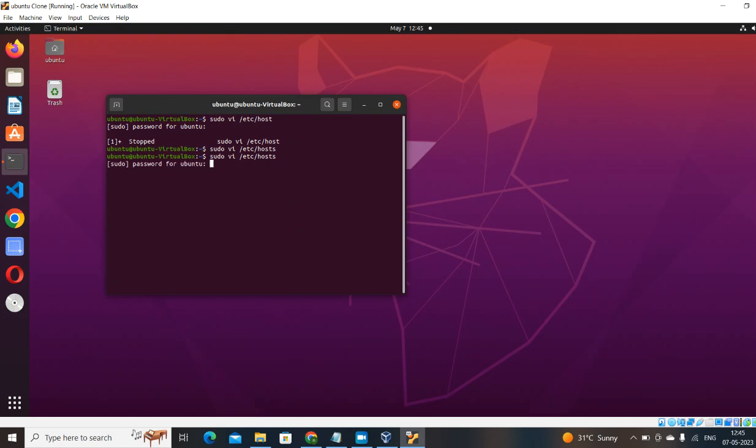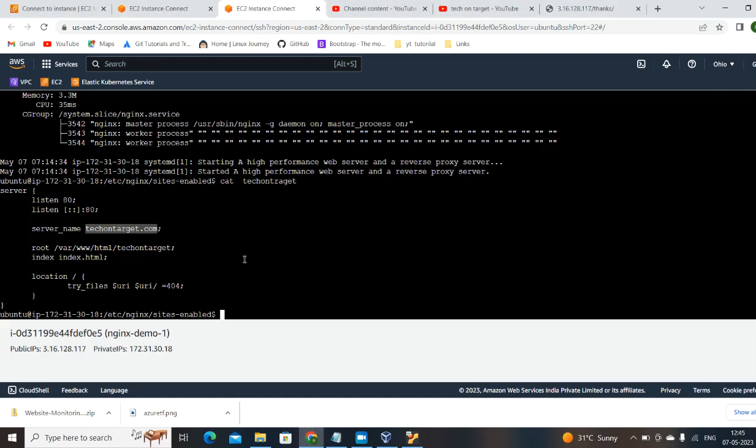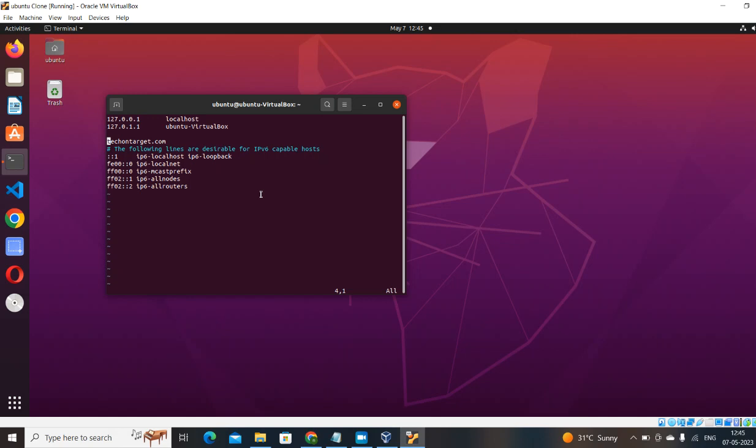Sudo vi. Okay, enter your password. Here you need the tag on target entry, but with that you need the public IP, like that, and it will transfer the traffic to that. Now what we have done,